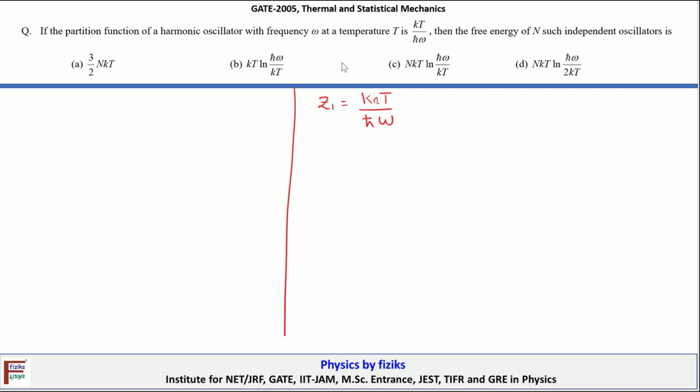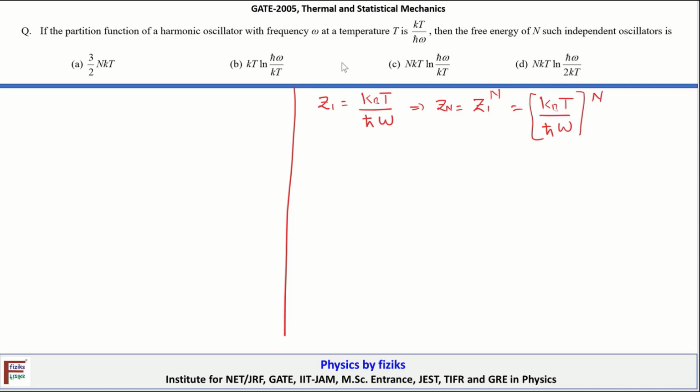That's the partition function. So this implies the partition function for n such objects or particles is Z1 power n, that is equal to kT upon h cut omega